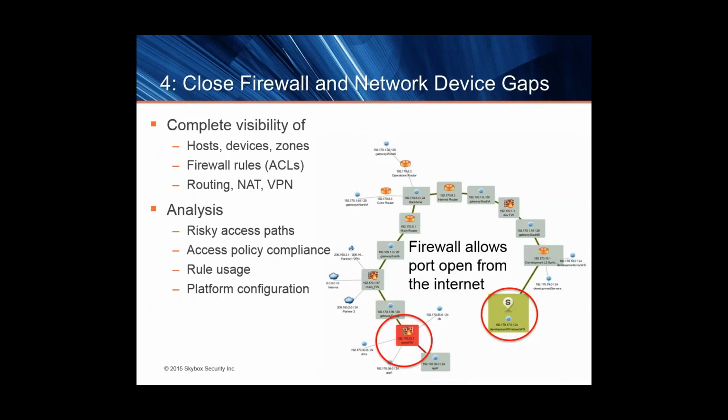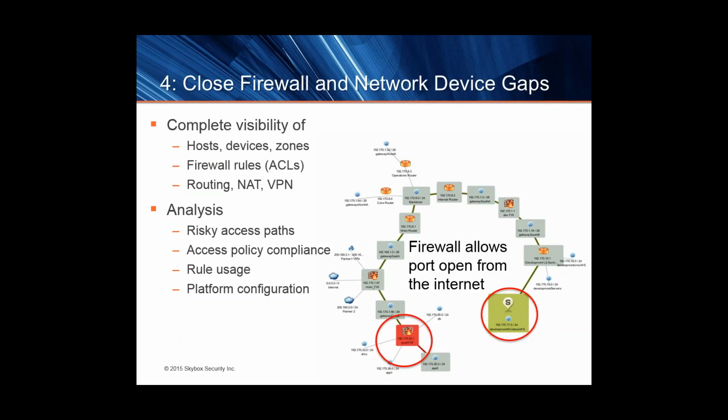Another important point is to make sure that you're continuing to look for security gaps in firewalls and network devices, certainly that perimeter and that fabric of the network that affects things like risky paths between point A and point B. So to do this, you need to not only have that broad visibility of the attack surface that we talked about at the beginning, but also be able to drill down to detailed levels to get complete visibility of those firewalls, down to the rules, down to the routing,